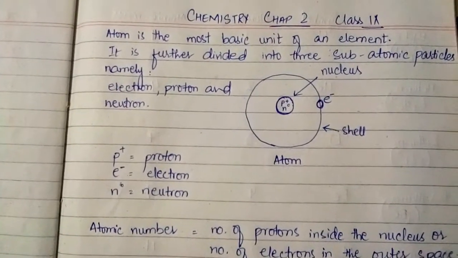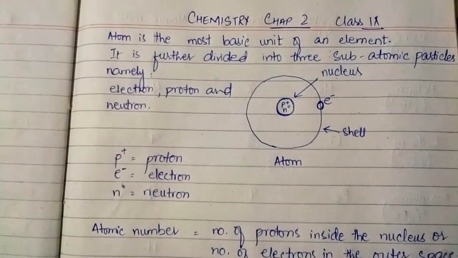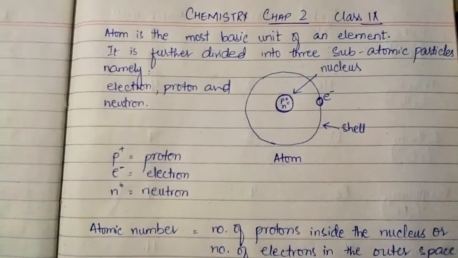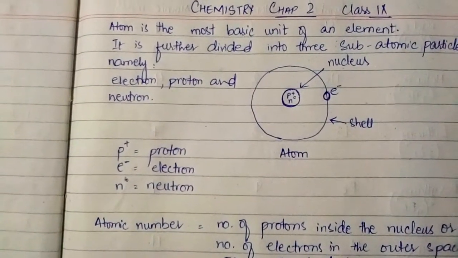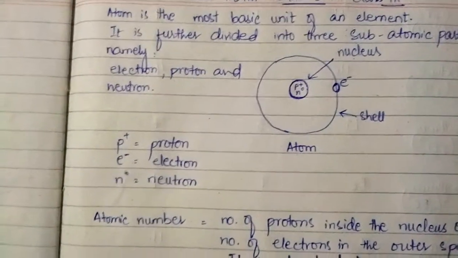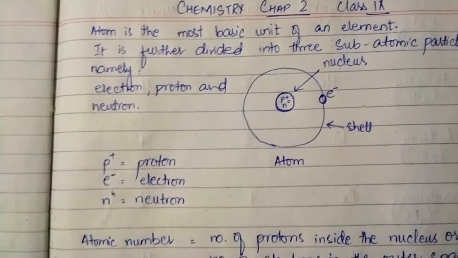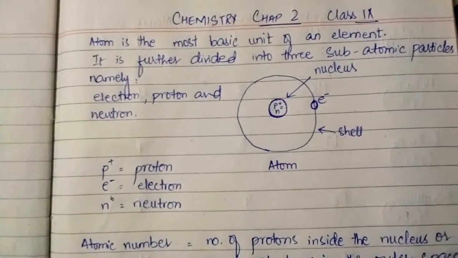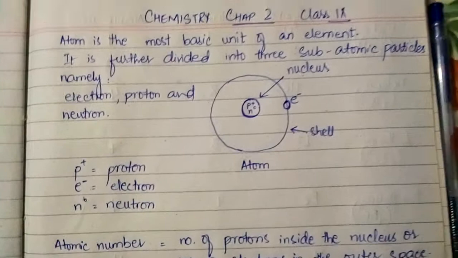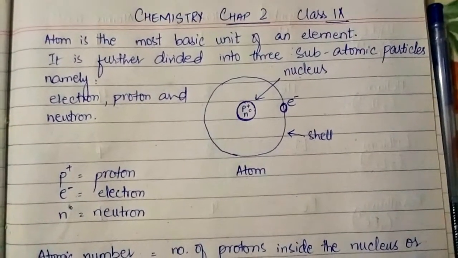It is a neutral particle as it is shown with the sign. So P के ऊपर positive sign है, plus का sign है, which means that it is a positively charged particle, whereas the neutron shows 0, which means that it has no charge, while the electron, which is in the shell, it is in the extranuclear space, that is a negatively charged particle. उसके ऊपर एक negative charge होता है. Alright,